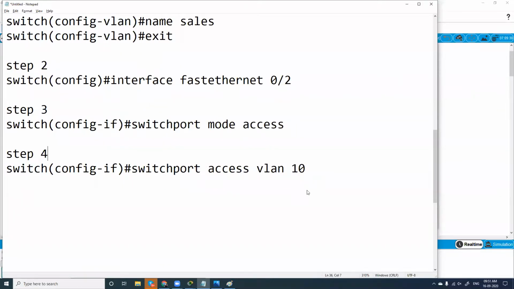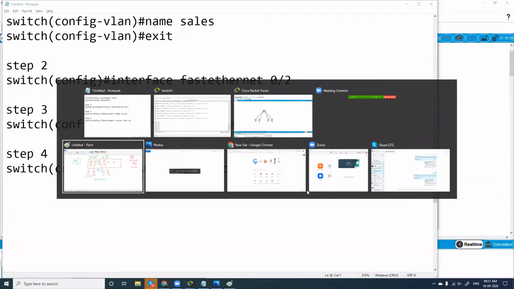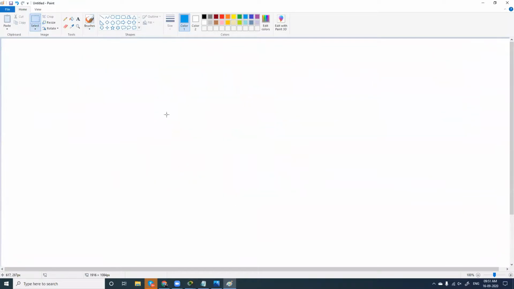So what we have done here: first I've created a VLAN called sales, and a number for that, VLAN sales and 10. Fine. This is step number 1.